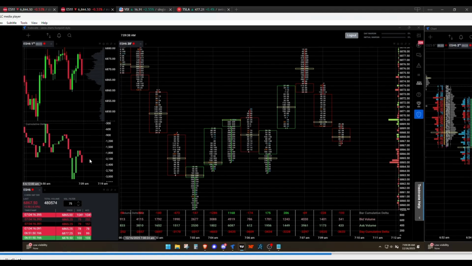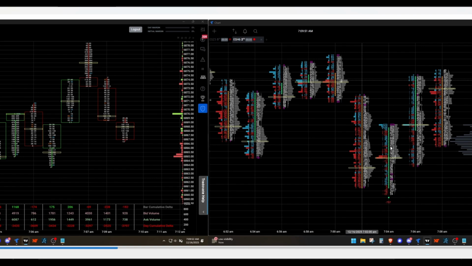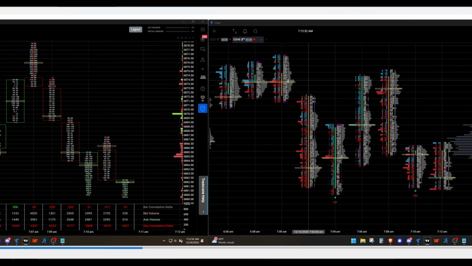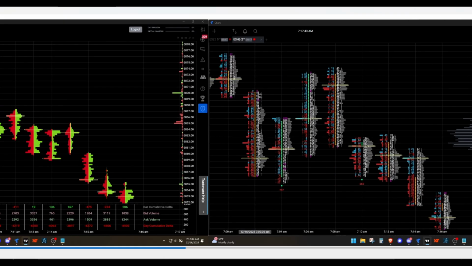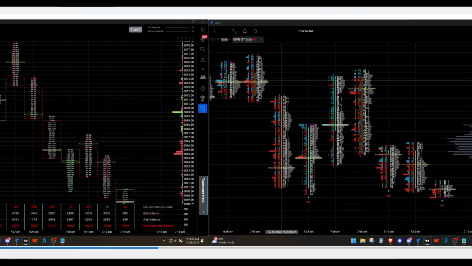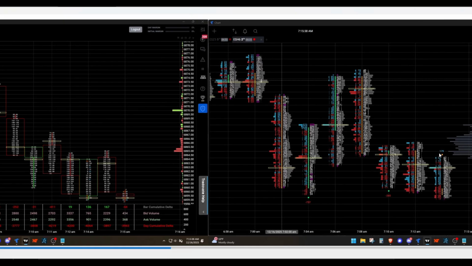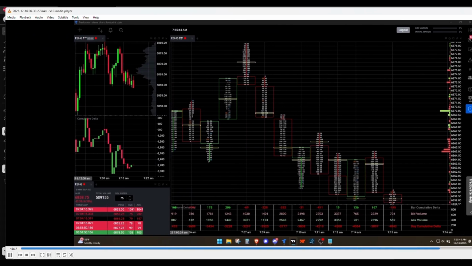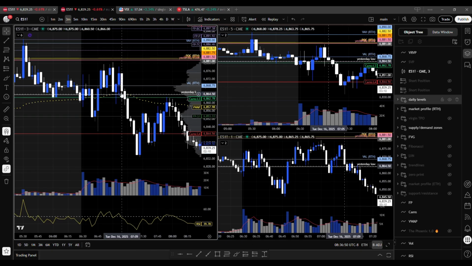There wasn't anything particularly diverging about this. I mean, there was a POC there up at the highs. Was there anything else really? Not that I can see. I mean, it did work out, but I don't know if I would have taken it. Like maybe here when it was consolidating, I could have taken it, like when that was forming a delta divergence maybe, before it sells off. I don't know. Nothing was very clear to me. I mean, it would have worked out, but